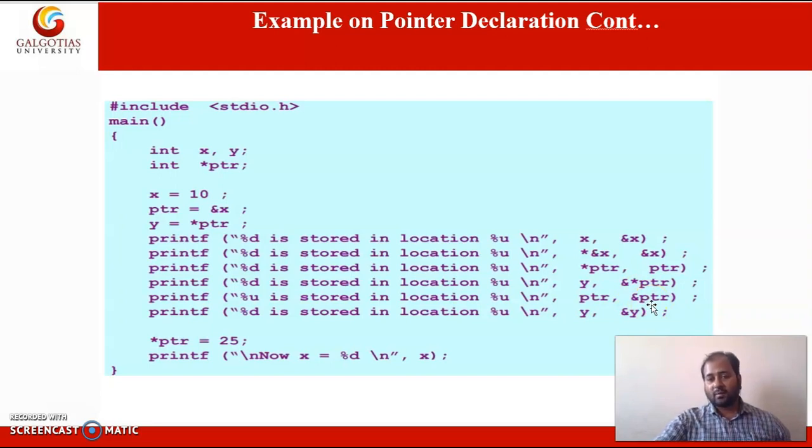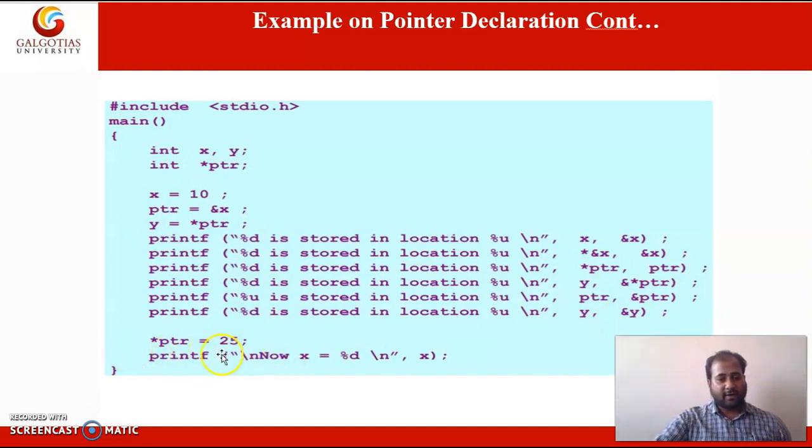Okay, so it is giving the value, it is giving the address, and it is giving the address of the pointer variable. And here we have another variable y. The value of y is 10, and ampersand y means it is printing the address of y.